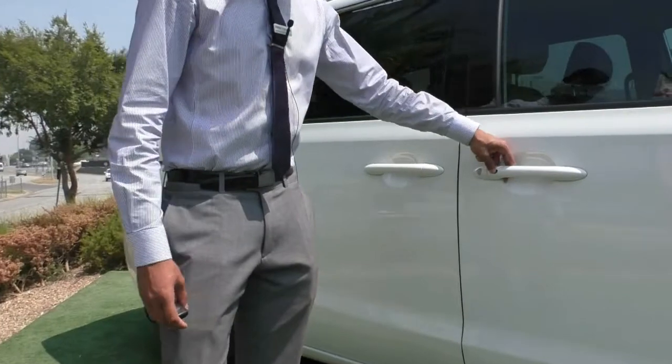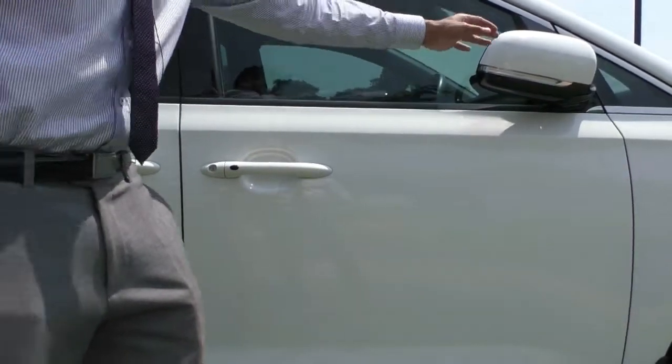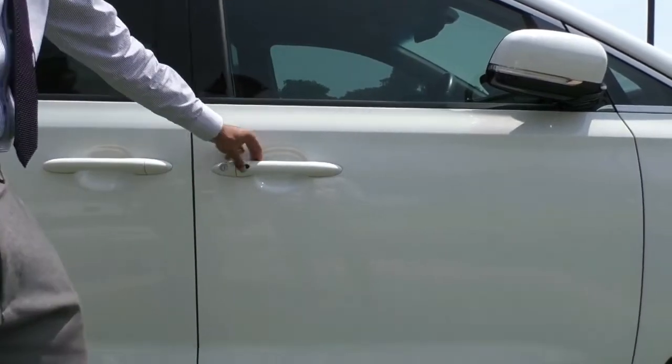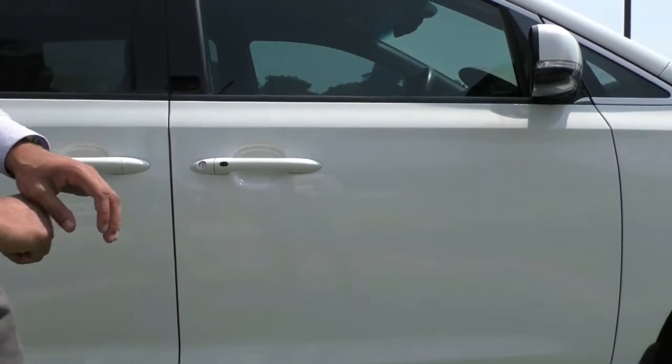It is a keyless entry, so you can just press the button there to lock and unlock the car. When it is locked, the side mirrors do tuck in as well. And just unlock it. One thing I will note is the car does have tint, as you can see,